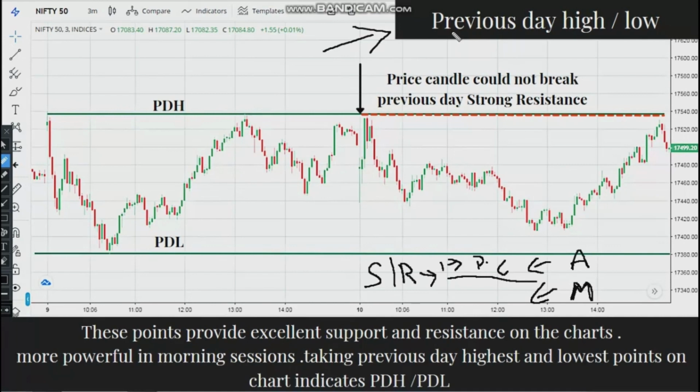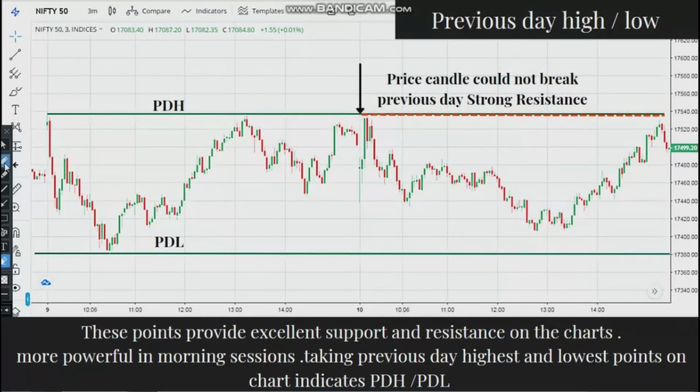So basically, what is previous day high and low? These points provide excellent support and resistance to the charts, more powerful in the morning, and taking the previous day's highest and lowest point on the chart can indicate previous day high and low. So what do I mean by that? As you can see, this is 9th of some month chart. This is 9th from here till here, and the market went down